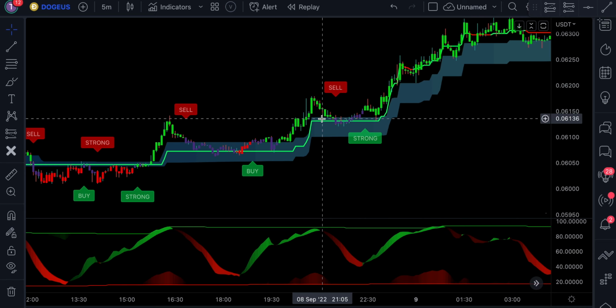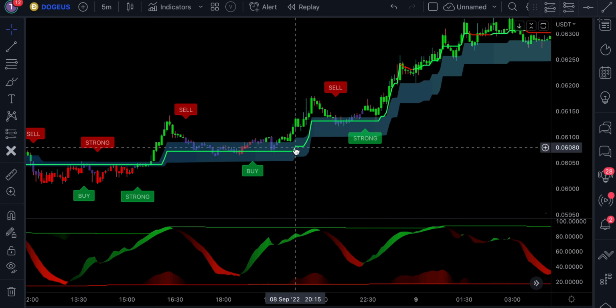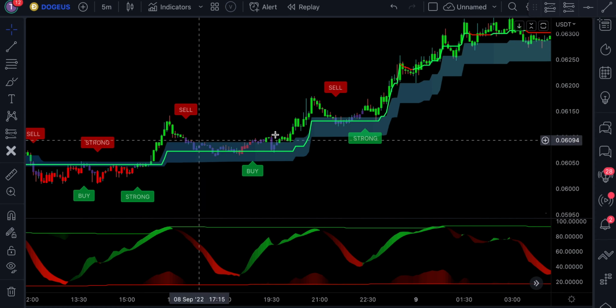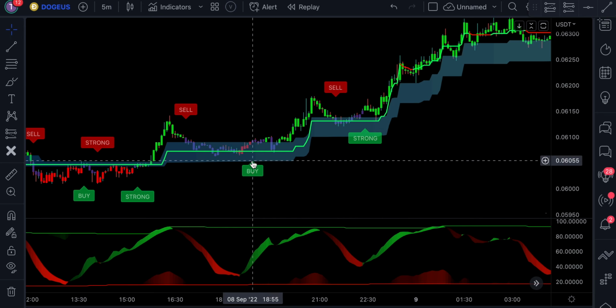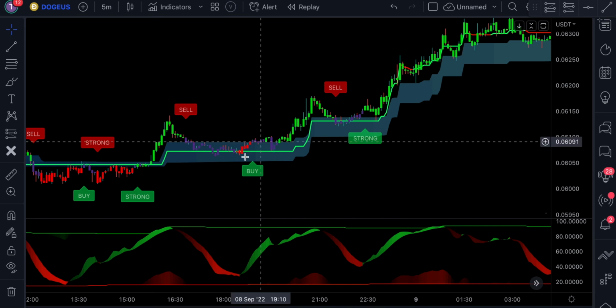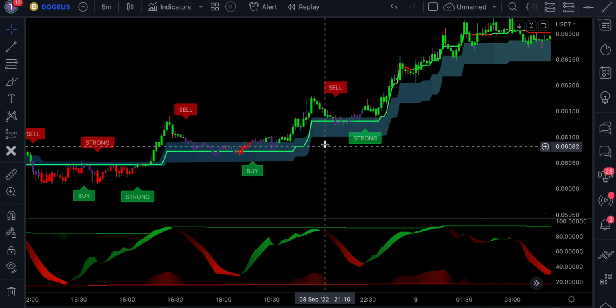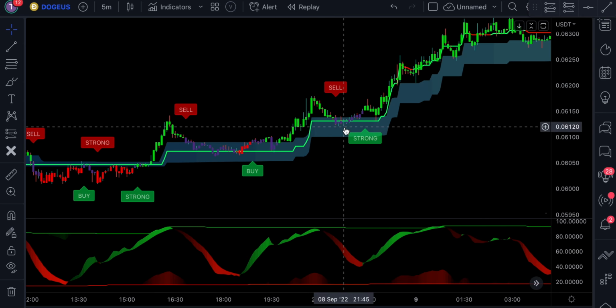This tool will help us identify the longer term trend momentum. It's very useful as it eliminates a lot of potential losing trades. And finally we have the cloud, which is also a really good trend tracker. Even though this indicator provides us with really accurate buy and sell signals, we cannot be using it on its own. So in order to confirm the entry given by this indicator, we're going to be using this Lux Algo